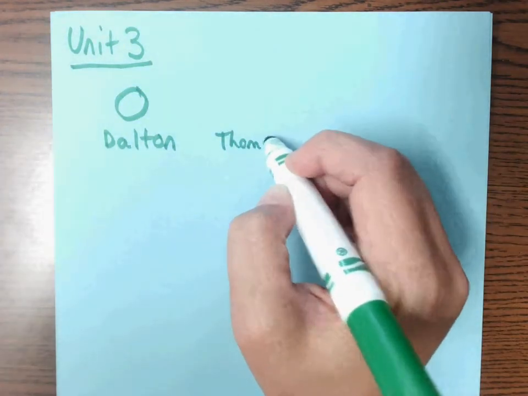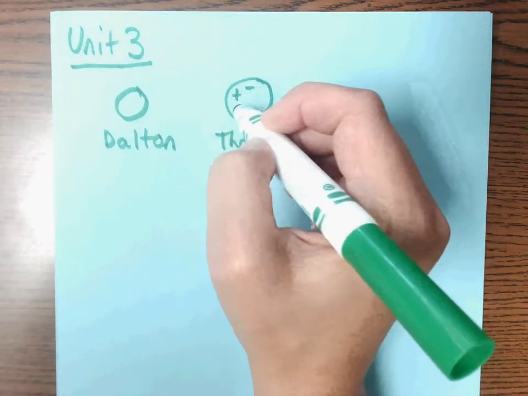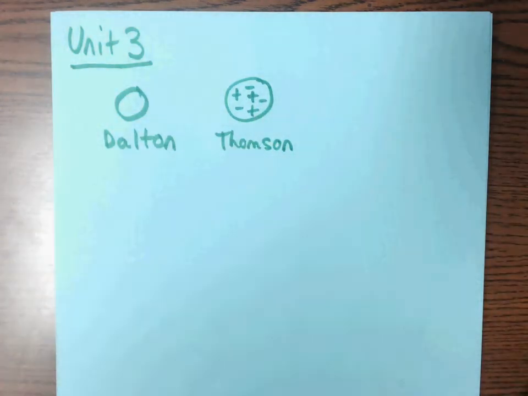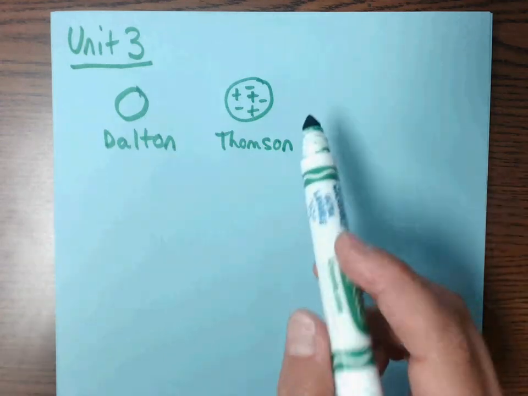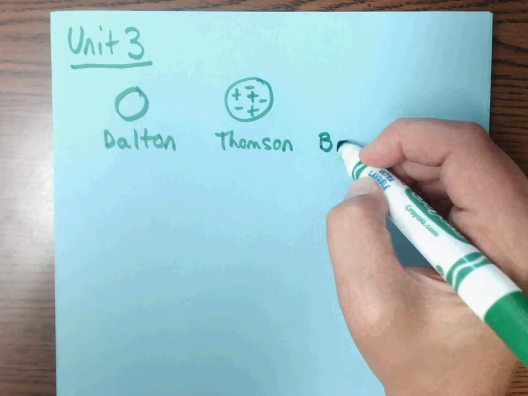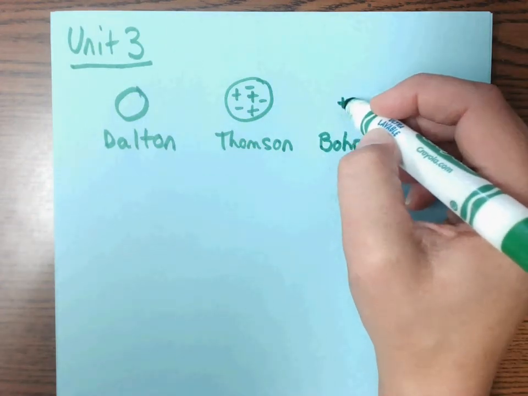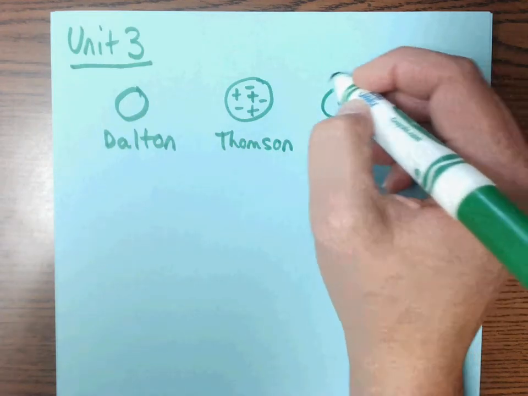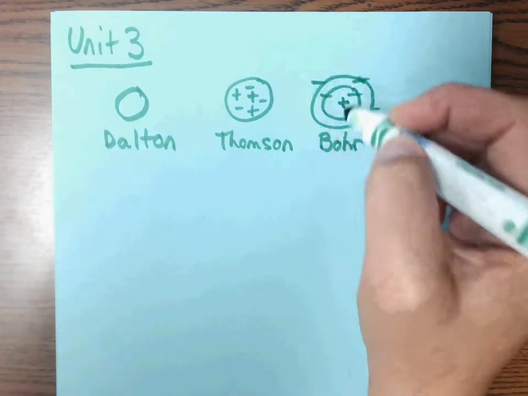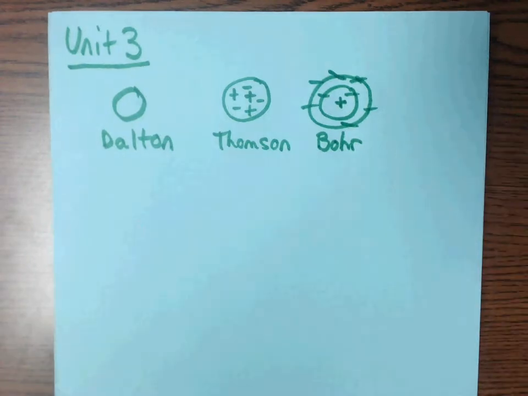Thomson came next. He was the one that discovered the electron. His was the plum pudding or the chocolate chip cookie model. He thought electrons were throughout that particular atom. He didn't know where, but he knew there were positive and negative charges throughout. Then we had Bohr's model of the atom, which talked about the electrons. He knew there was a positive charge, but then he thought these electrons were in rings in different energy levels outside the nucleus, which this model is very similar to what we use today, which we know electrons are in